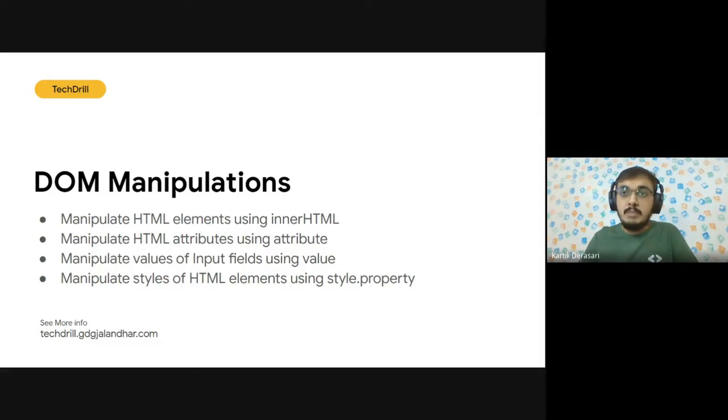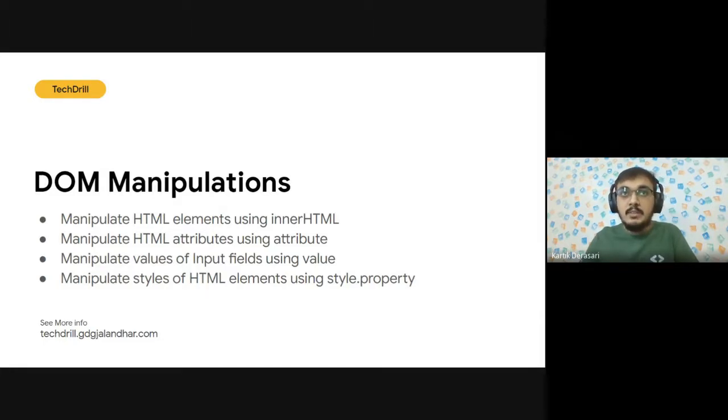For example, if a user is filling up a form and has inserted wrong values, then he has to backspace, go to each and every input field and delete all the characters. But we can also add a clear all button.